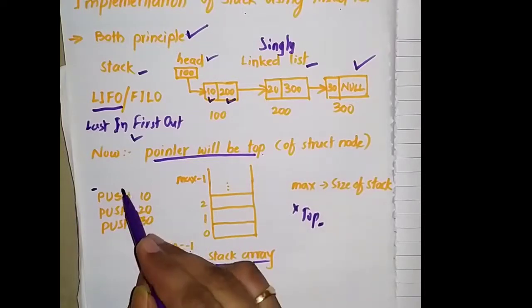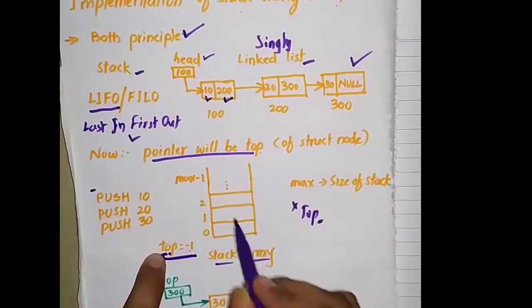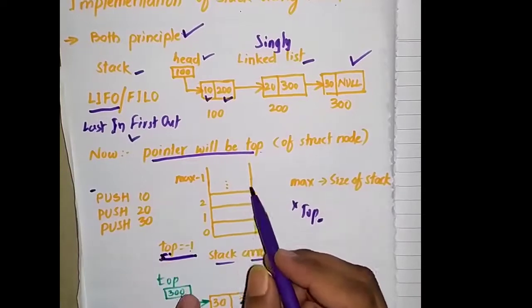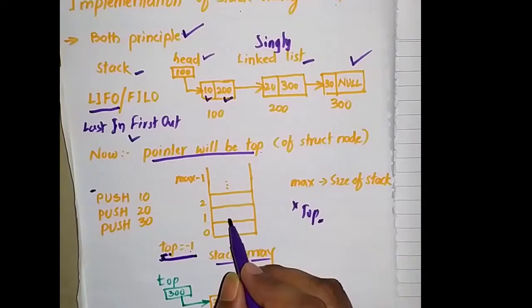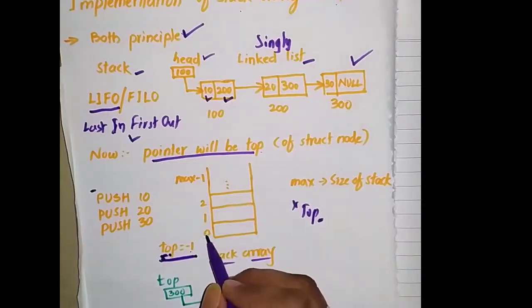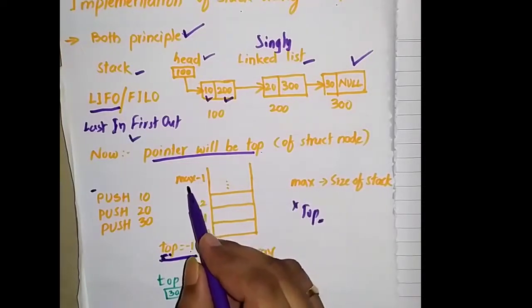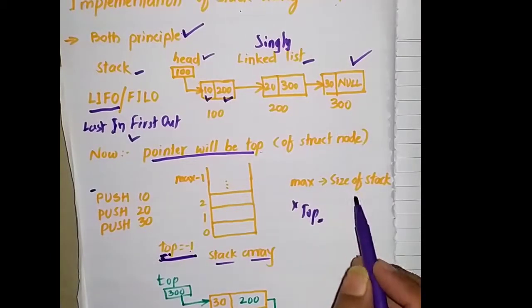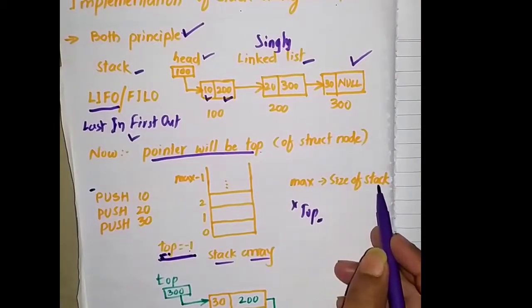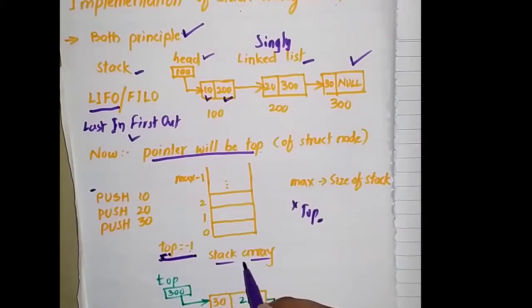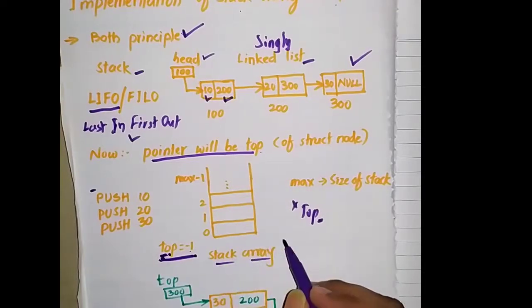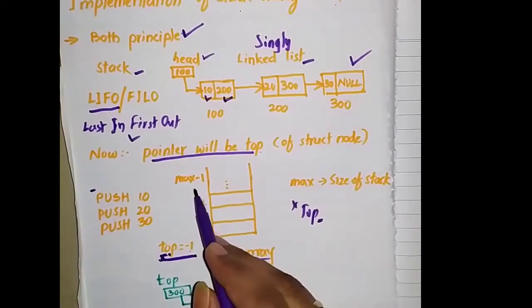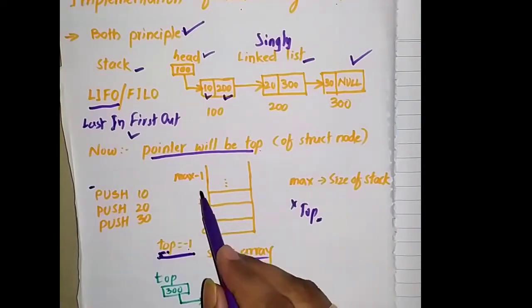Before the push operation, the complete stack will be looking like this. It is completely an empty stack with an index varying from 0 to max -1. Max is the variable which we use to define the size of the stack. Since it's an array implementation of stack, obviously a fixed slot of memory is used before the implementation of the stack. That's the reason the size of the array is fixed here.